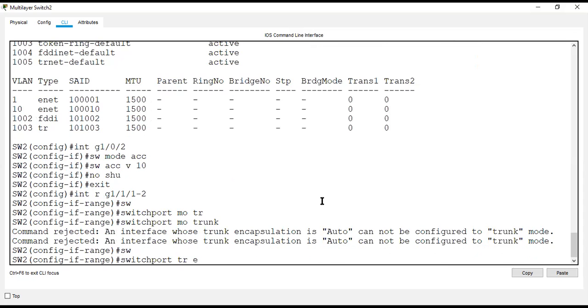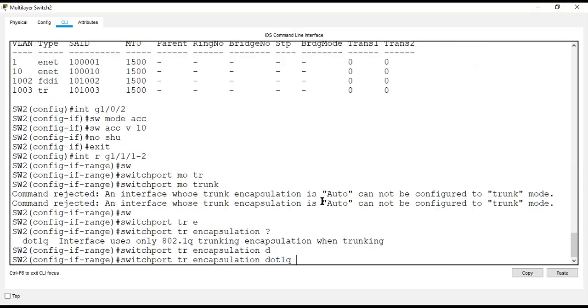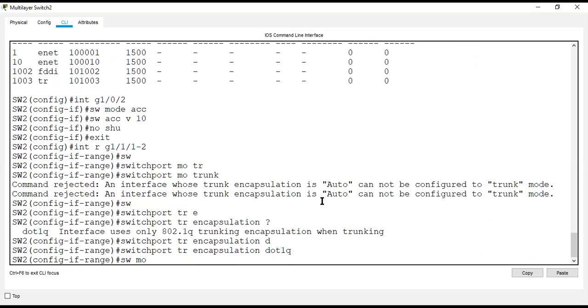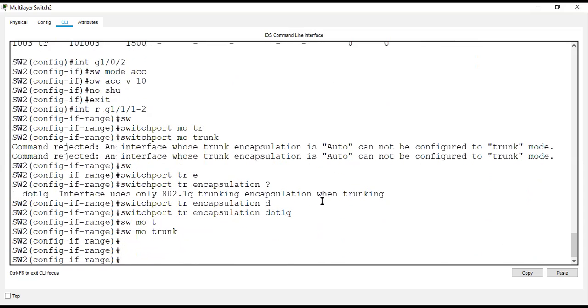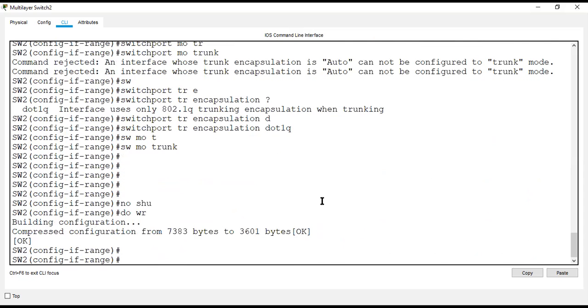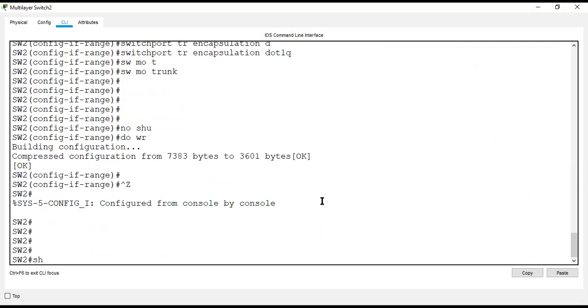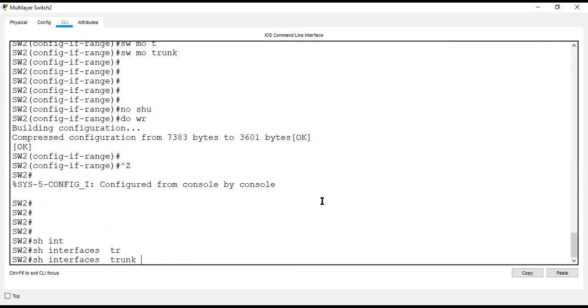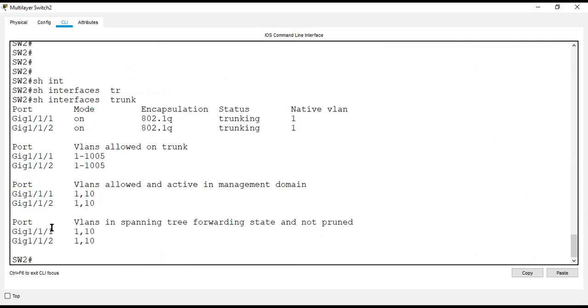Switchport trunk encapsulation, we can see here dot1q, switchport mode trunk. So we have configured trunking now. To see the trunking, show interface trunk. You can see that ports 1 and 2 are configured as trunk, and all the available VLANs, VLAN 1 as default and VLAN 10, which we configured, are allowed.